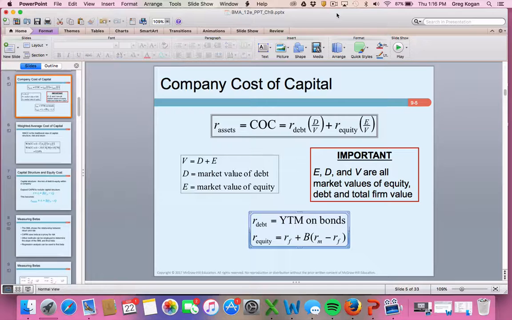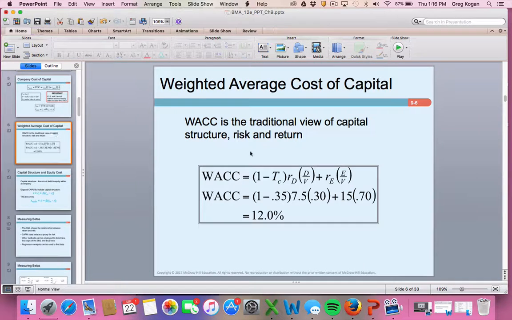So looking at an example, we could see the WACC of a company. You could see the percentage that comes through the ratio of how much debt you have versus equity you have to the total value of the company, and this is the equity rate of risk, and this is the debt weighted risk, 7.5 and 15, and you end up having a cost of capital of 12%.